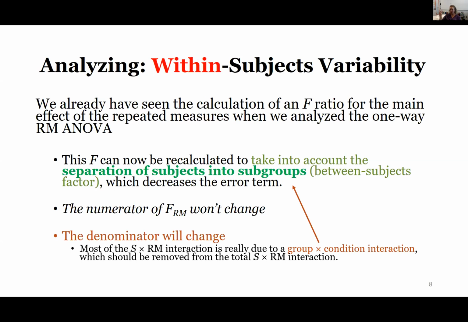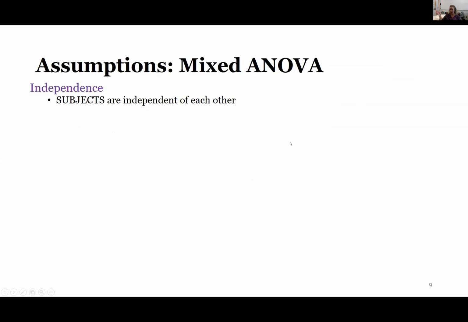This next one's the assumptions. So these assumptions are going to be a combination of the assumptions we've already seen before, right? So independence. We have independence between subjects that are